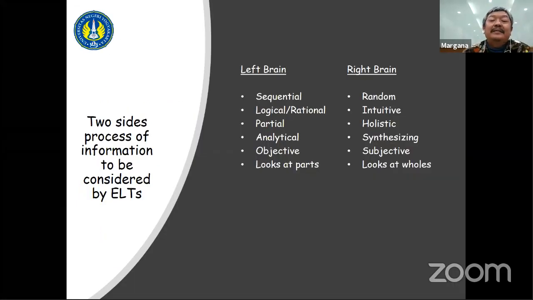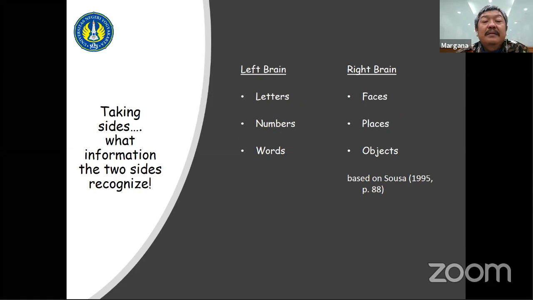The following highlights the difference of the functions of left brain and right brain and the characteristics of left brain and right brain as mentioned earlier. Left brain deals with letters, numbers, words, while right brain deals with faces, places, objects, and the like. This says that when we deal with English language teaching and learning, material developments for our students, developing media, etc., we should accommodate the two issues, left brain, right brain, dealing with letters, numbers, words, faces, places, objects, and the like,